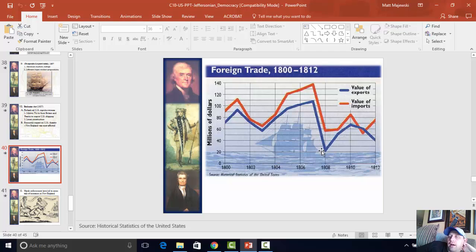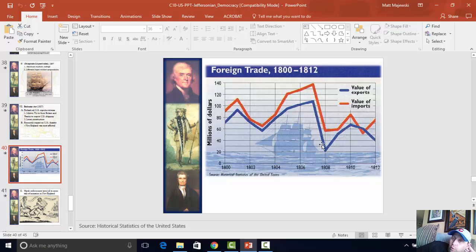All right. Now we're going to get rid of it in 1808, and you'll see that our trade starts to go up again. But the point is, when this happens, this is going to sink us into a depression. This was clearly Jefferson's worst decision as president. He totally overestimated how important our trade was with Europe and France. He totally thought that they would suffer more than they did. They could get their products from other places.